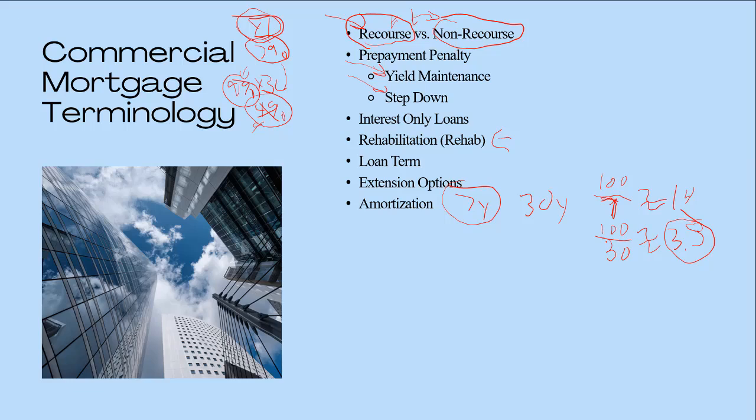Okay, so though the loan will be due in 7 years, the principal portion during those 7 years is going to be assuming a 30-year loan. And so at the end of the 7 years, there's going to be some principal balance. Okay, you're going to have to refinance the loan, but you'll have paid down some of the principal balance. Okay, so you won't have to refinance as much as you would have if you had no amortization.